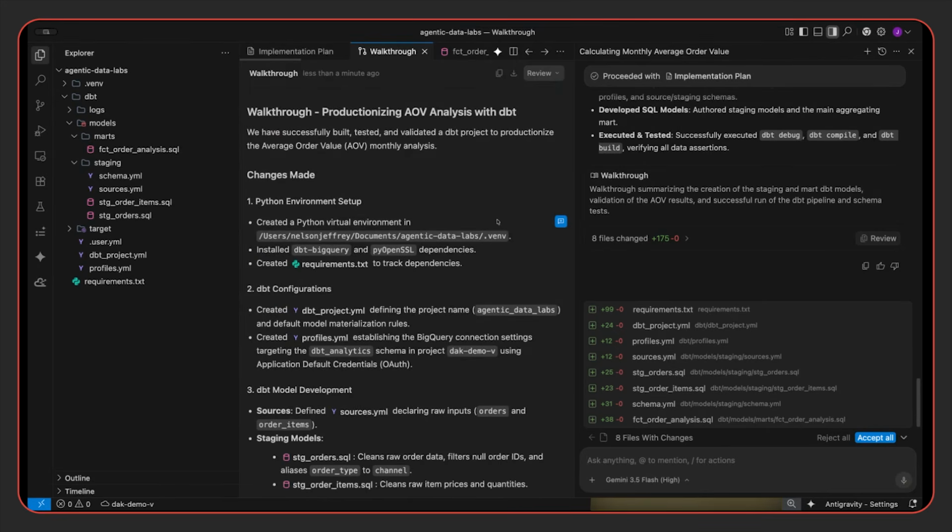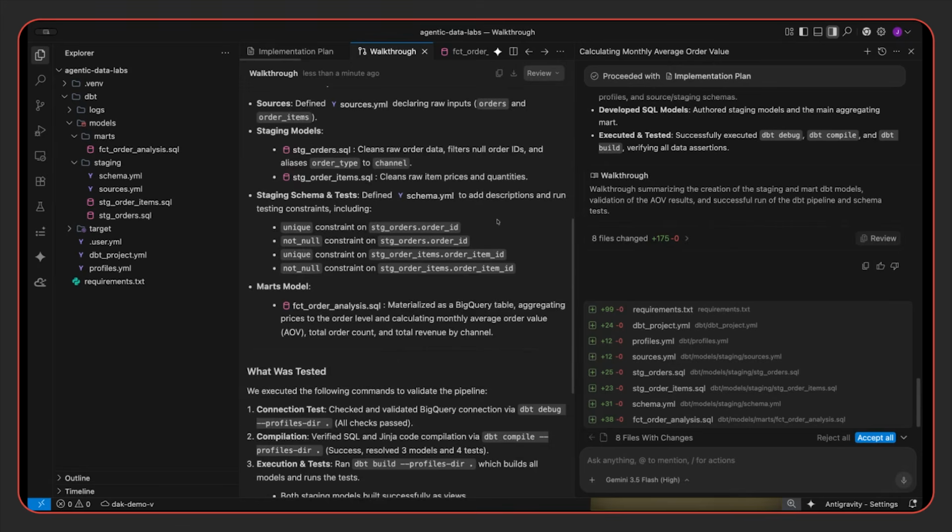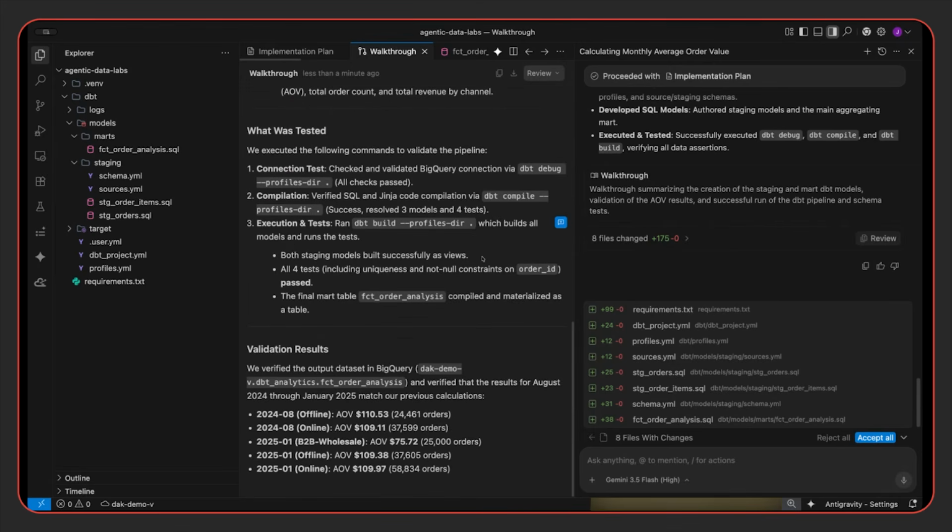So sometimes the agent does this. It gives us a planning stage and then gives us a walkthrough. We can look at the walkthrough if we wanted to, but it basically says what happened, what was tested, is it valid, everything like that. So the TLDR here is that we now have a dbt model that can be reused over and over in case we want to check average order value in the future. Okay, so that's pretty cool that we not only get the insight